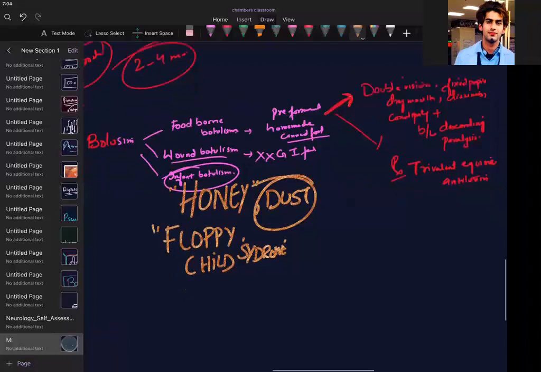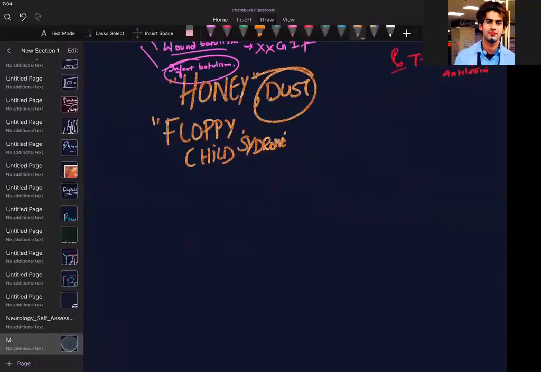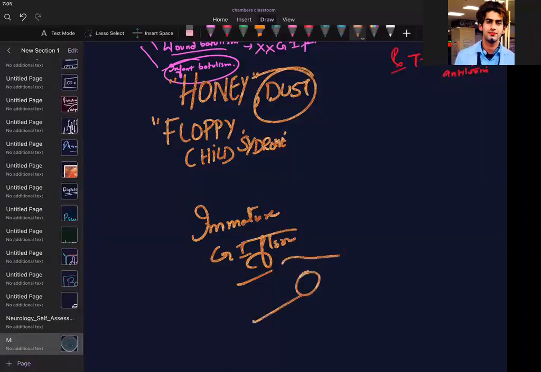Someone was asking, sir, why only symptoms in babies? I did not say like that. Baby will have symptoms and adults will also have symptoms. It also depends on the infective dose, how much he has taken. This baby, since he is immature, has immature GI flora. So what will happen? His spores will start germinating in the gut. These vegetative cells will then produce botulinum toxin in the GI tract.